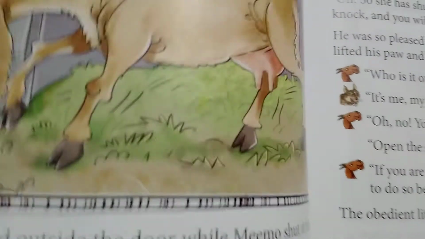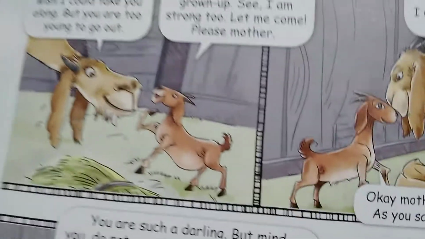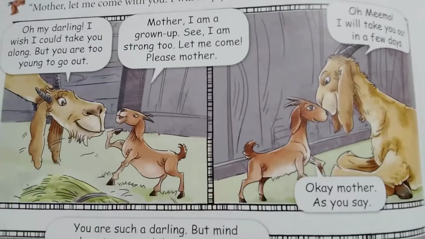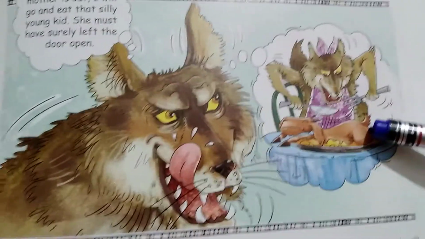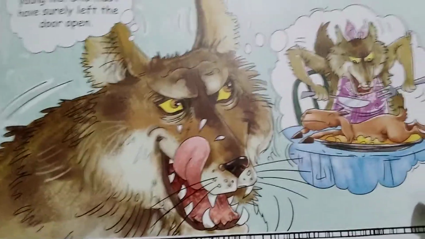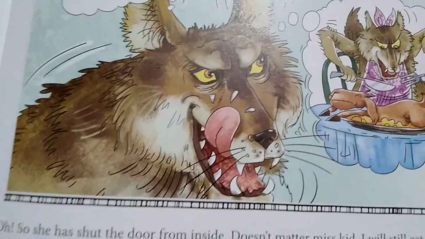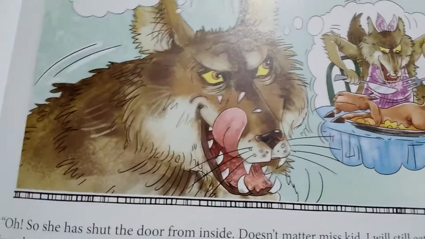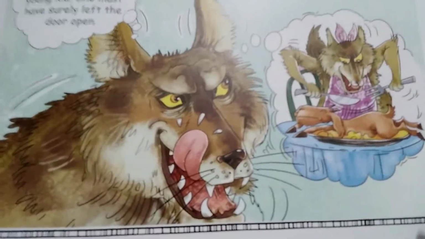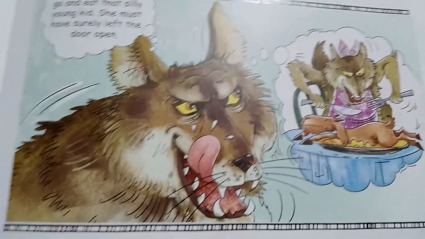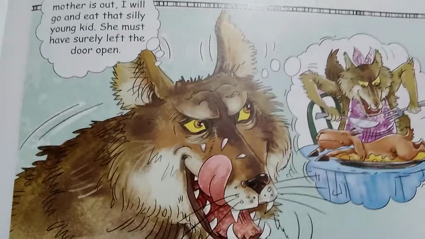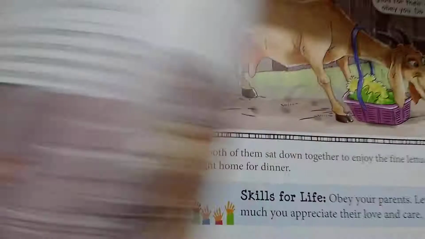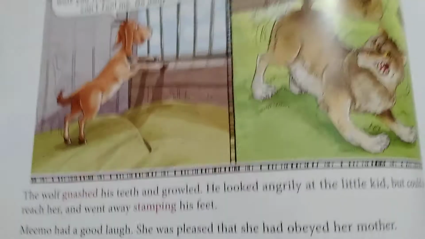Now you know the story, the story of little Mimo, who was alone in the house, and then the greedy wolf came there and tried to eat her, but she did according to her mother's words. Actually, Mimo was an obedient kid. For that, she saved herself, and ultimately the wolf went from there with a great anger.